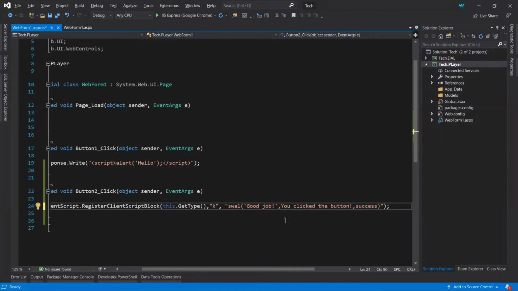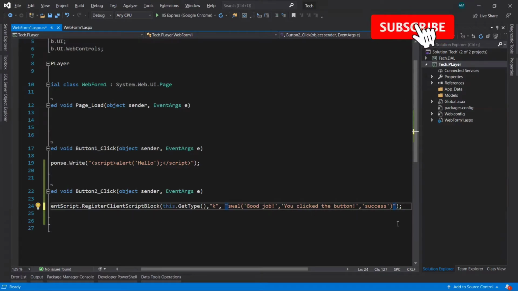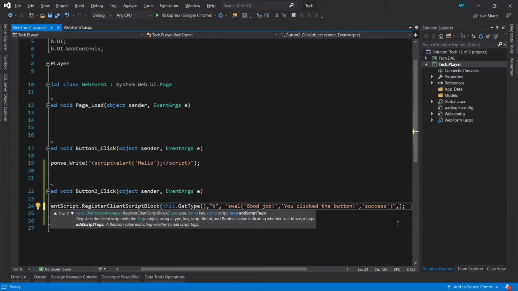Okay, we need to put inside this single quote, so add single quotes here as well as here also, okay. After that we need to pass the third parameter, comma, that takes a boolean value here, okay.